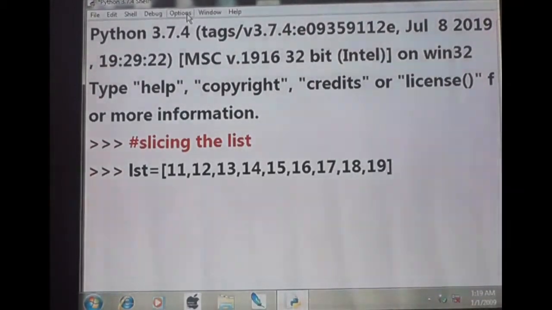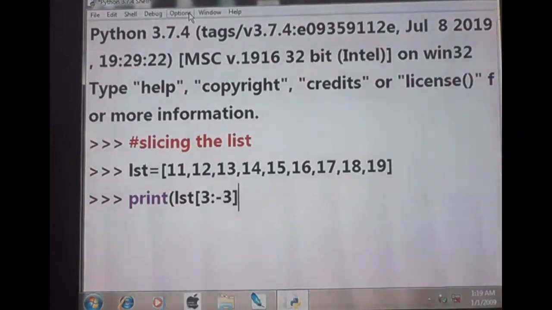Okay, fine. So this is the list value, and now what I am going to give is the print function, list of 3 is to minus 3.